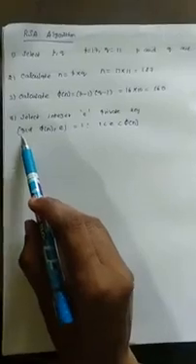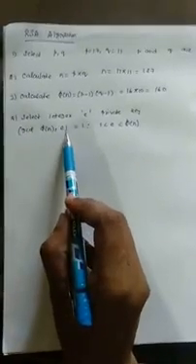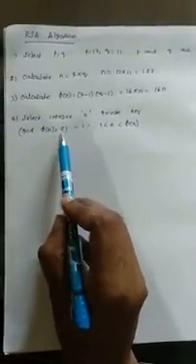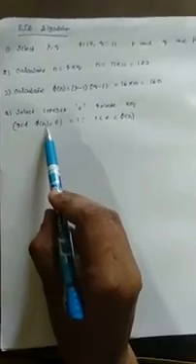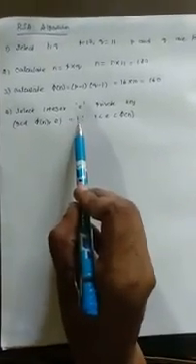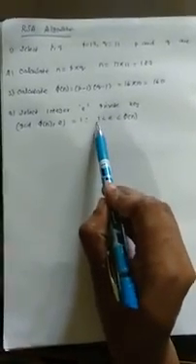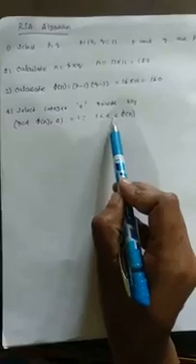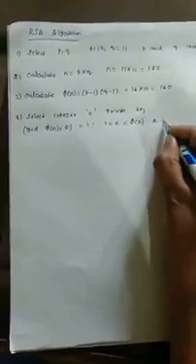Here E is the private key, and the condition for selection of E is that the GCD of phi of n comma E should be equal to 1. We select an integer value and compare it with phi of n. The value of E should be between 2 and less than phi of n. According to our problem, phi of n is 160, so the value of E is going to be from 2 to 159.